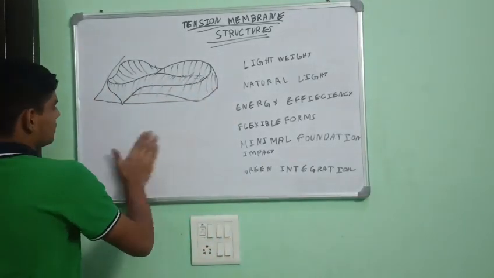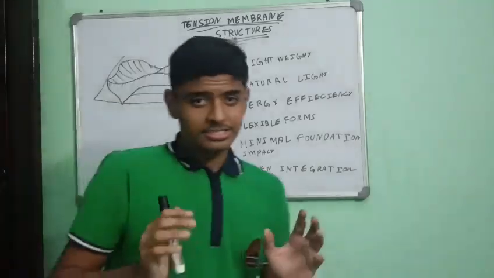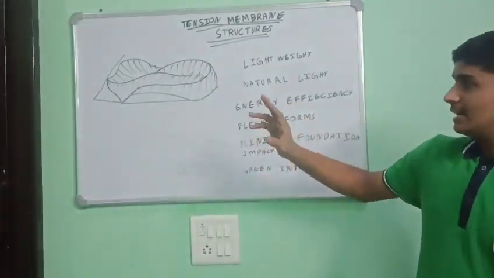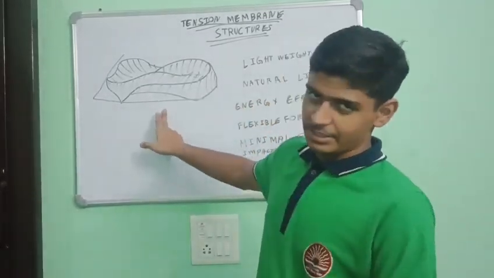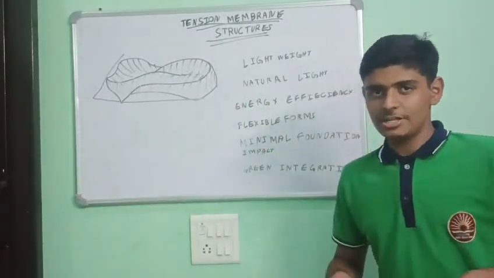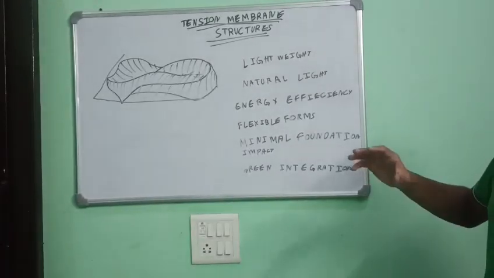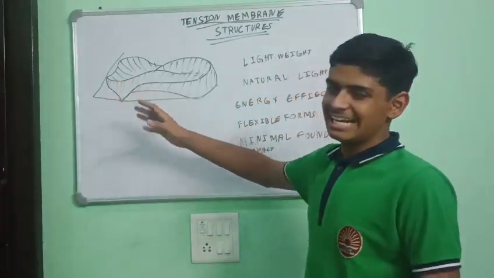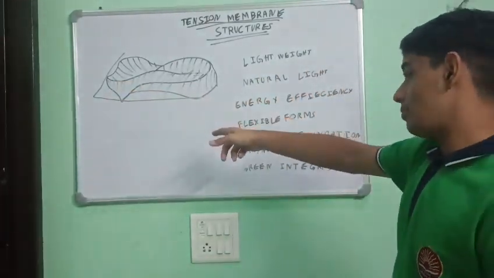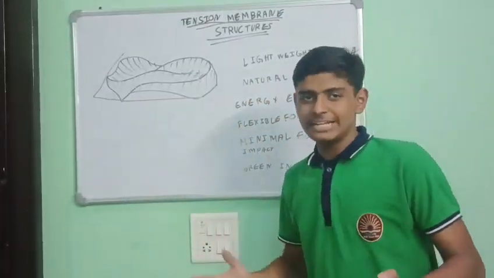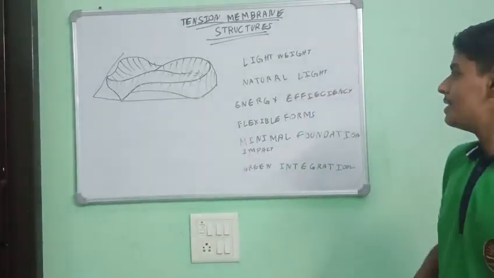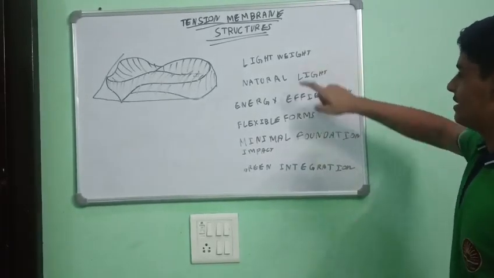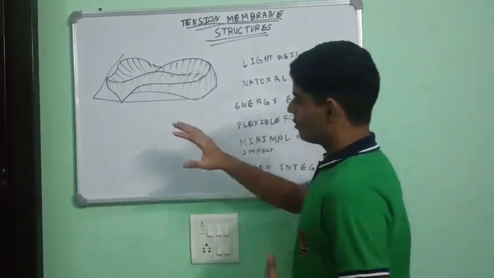And so the Möbius strip is very efficient in the designing of these buildings, and how we can integrate them in modern present day architecture is in this way. So this is a 90% or 80% appropriate image of the building, that how it might look to you. And its major characteristics are, it is lightweight, with natural light, as it will be made of